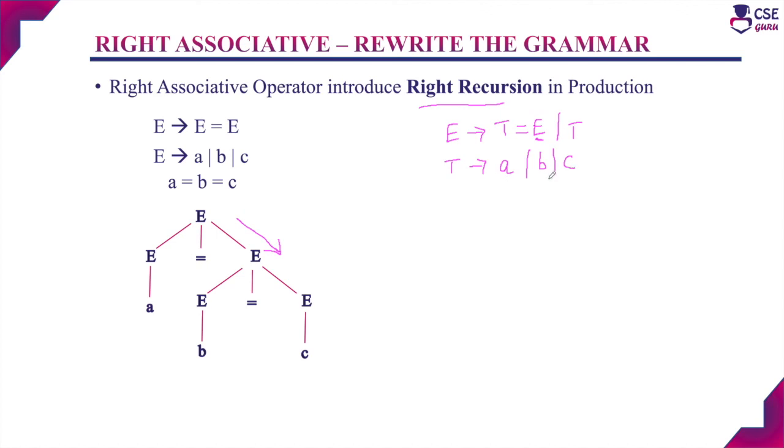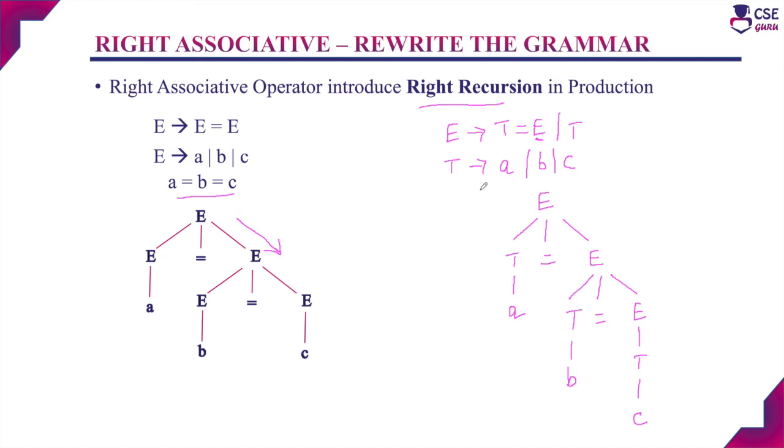So now we will construct the parse tree for deriving the string. And now we will get the unique parse. E derives T equal E. And then for this non-terminal E, T equal E. And for this non-terminal T, T derives A. T derives B. And for this non-terminal, E derives T and then T derives C. Now if you are considering this parse tree, this is the only parse tree to derive the string A equal to B equal to C using this unambiguous grammar.